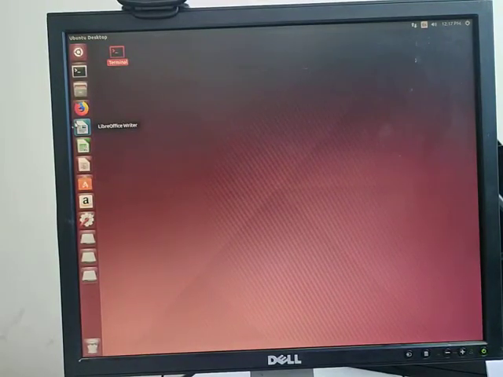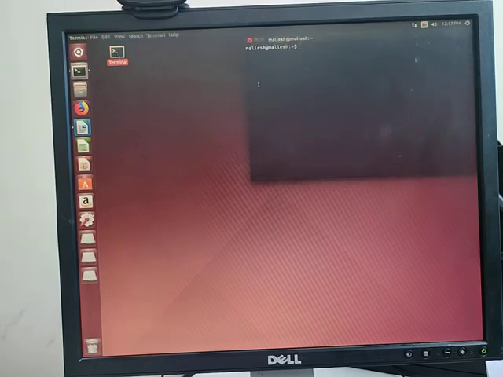So, dear students, in this class I'm going to explain program number 3, which is a quadratic equation program to find the roots of a quadratic equation. Okay, so this is the Ubuntu desktop as I earlier explained. What we need to do first is double click on Ubuntu, then maximize the screen, that is